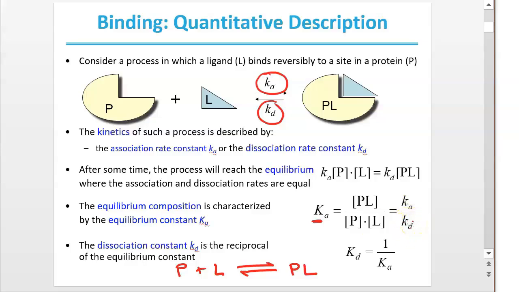In biochemistry, we usually take the reciprocal of the association and call that the dissociation. And so the K for the reverse reaction, that's a dissociation constant. It is an equilibrium constant, but it's the equilibrium constant for the dissociation reaction. And we tend to talk about it that way, and that will become more apparent why we do that as you proceed through this section.